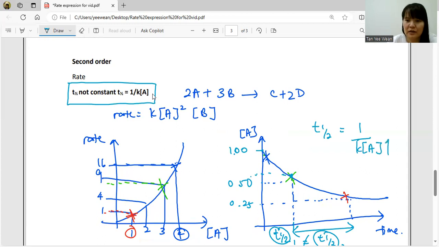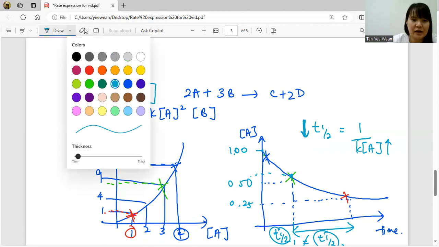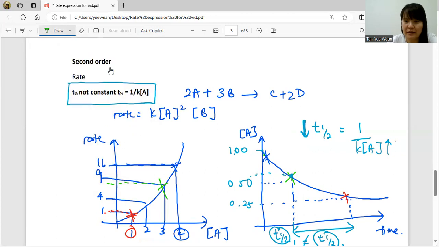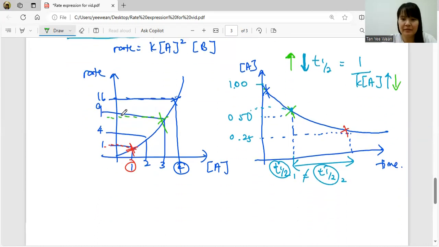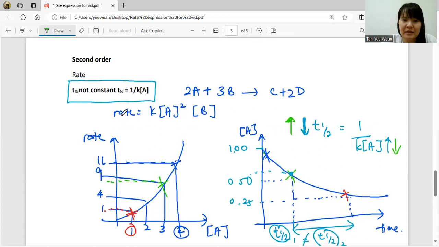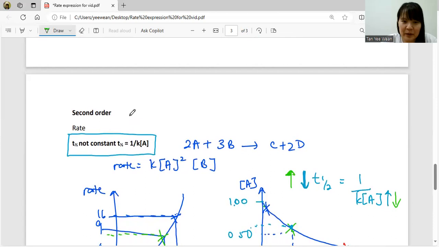If A was concentrated, the half-life will be shorter, which makes sense, right? The more concentrated A is, the lower the time taken, which means the faster the rate of reaction. And over time, the concentration of A has decreased, therefore the time taken is higher now, which also makes sense, right? So lower concentration, slower rate of reaction. That's why higher time. Okay, how we're going to use this zero order, first order, and second order and relate it to what we have learned, that will be in the next